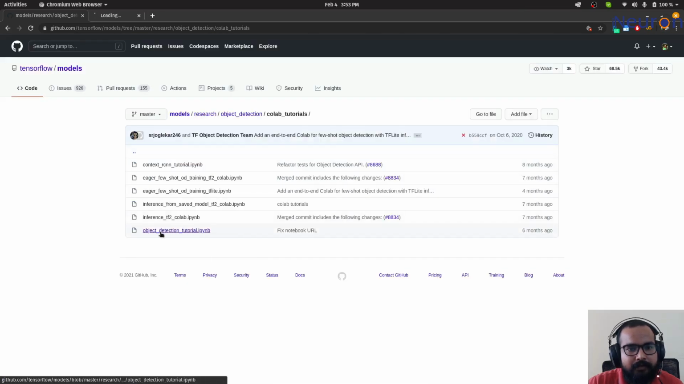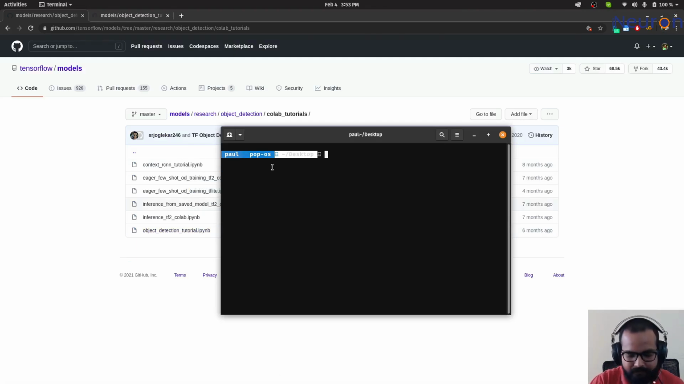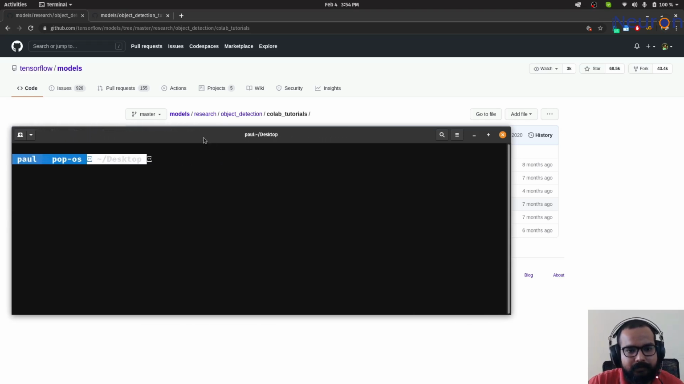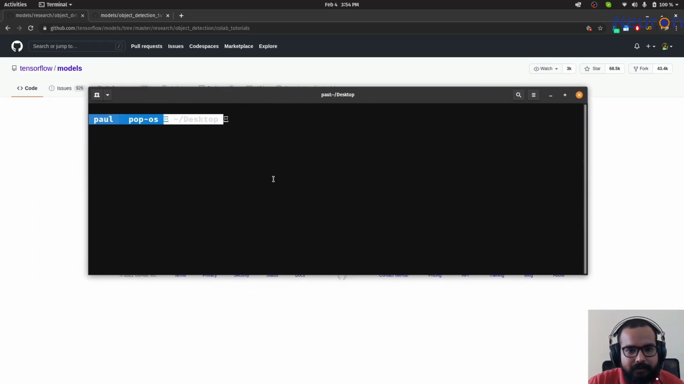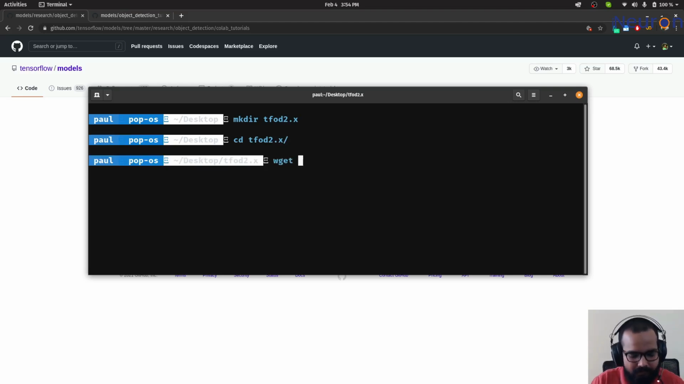So here is the notebook, I will just open it. And here is my terminal. I think it will be visible. Right now I am on my desktop. I will create a directory here, tfod2.x, and here I will just clone that particular repo that I have